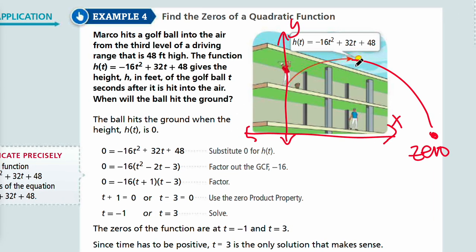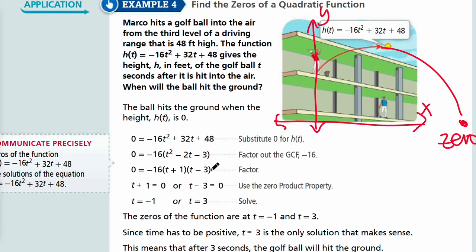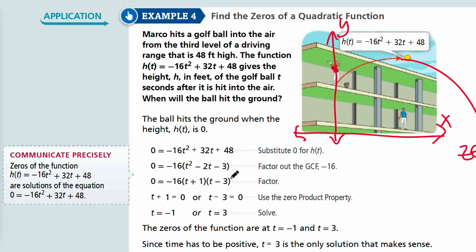So first of all, we want to make h of t 0 so that we know what t is when it hits 0. So we can factor out the greatest common factor, negative 16, to make it simple. And we have negative 16 times t squared minus 2t minus 3, right? And then we can factor t squared minus 2t minus 3. Factors of negative 3 that add up to negative 2 would be positive 1 and negative 3. And then now you can figure out 0. Whatever t is for t plus 1 and t minus 3 equals 0,